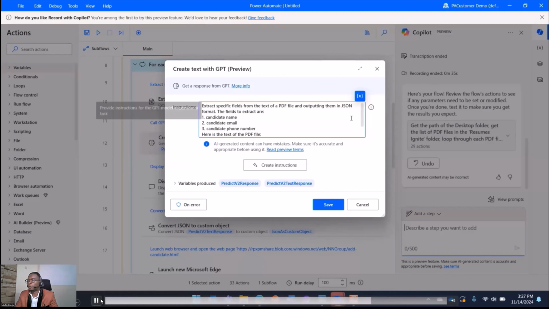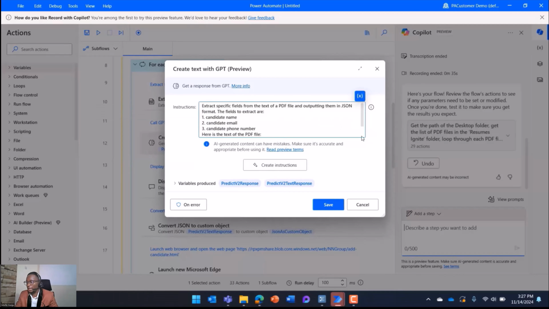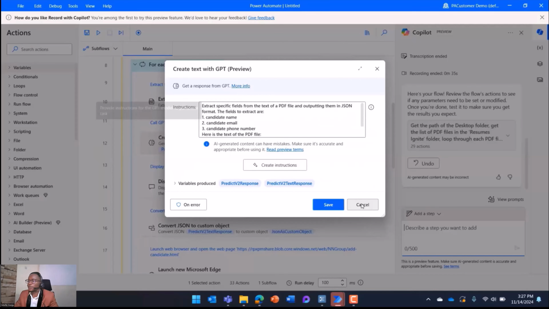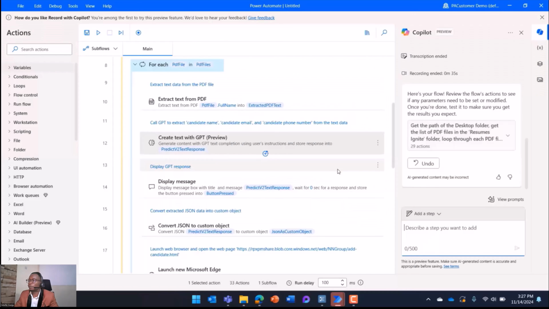So you can see, this is AI within RPA. That's why we're saying, instead of using one or the other, how about we combine them both? After we view this, we can proceed and do a test.